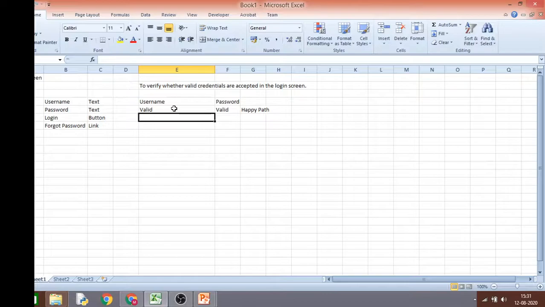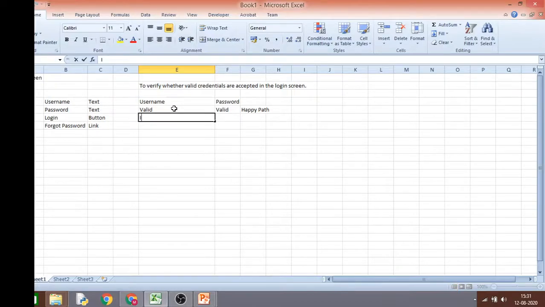You have a valid username and a valid password, you feed in both, you click on the login button, the credentials are accepted, and you are expected to move into the home page. That is your first scenario or first combination, which is the happy path.